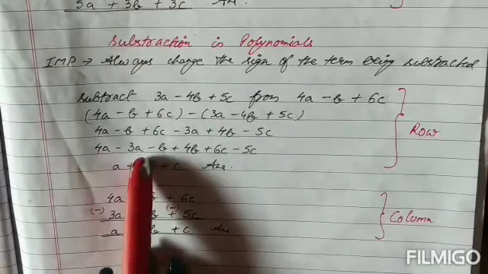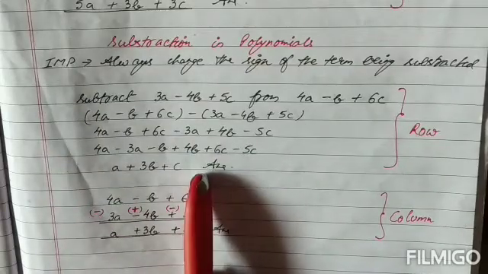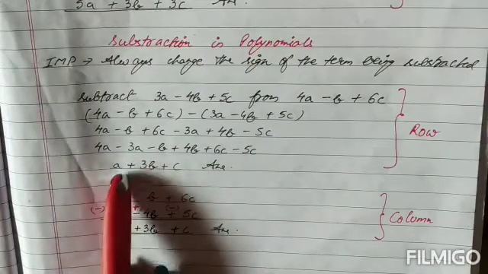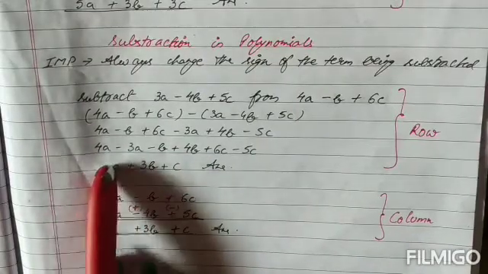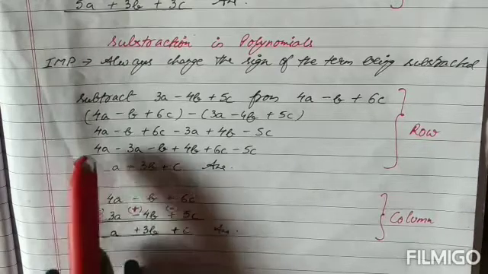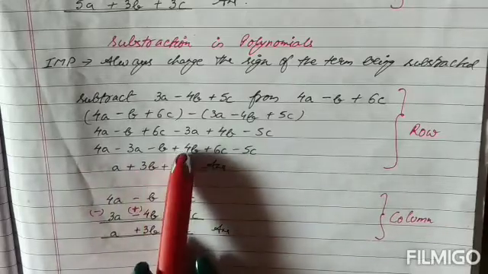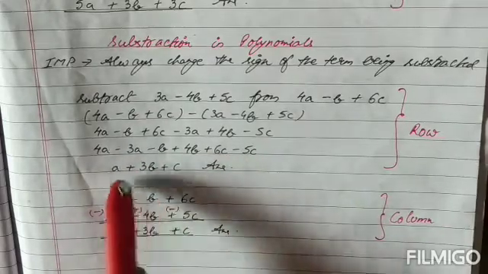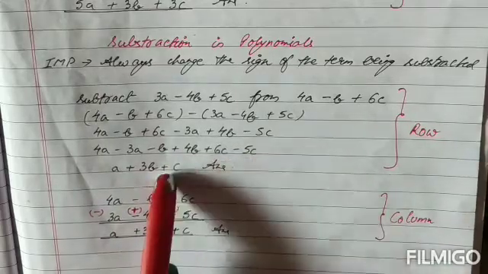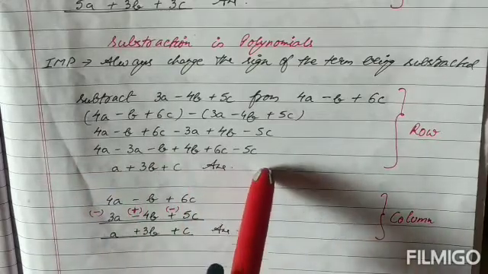I have brought the a's together, the b's and the c's together, and then do whatever it is saying according to the integer rule. So a plus and a minus is minus. So from 4a, if you take 3a, we are left with a. Don't write 1a, children. A is understood that it is 1 only, and put the sign of the bigger value, that is a plus. Similarly over here, plus minus is again minus, so I have subtracted and set the sign of the bigger value, so it is a positive sign. Again plus minus is minus, sign of the bigger value, so plus c. So this is by the row method.